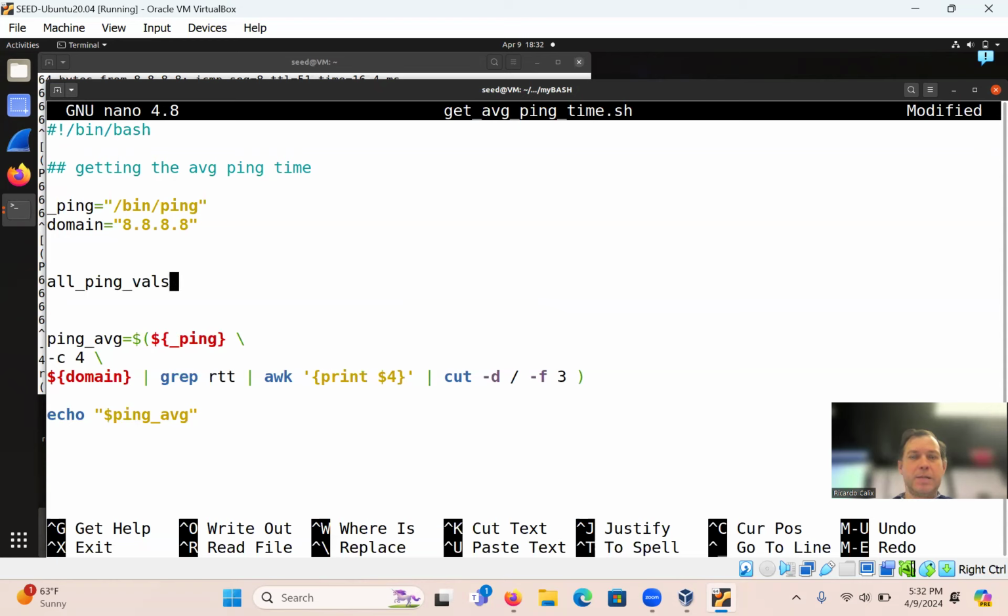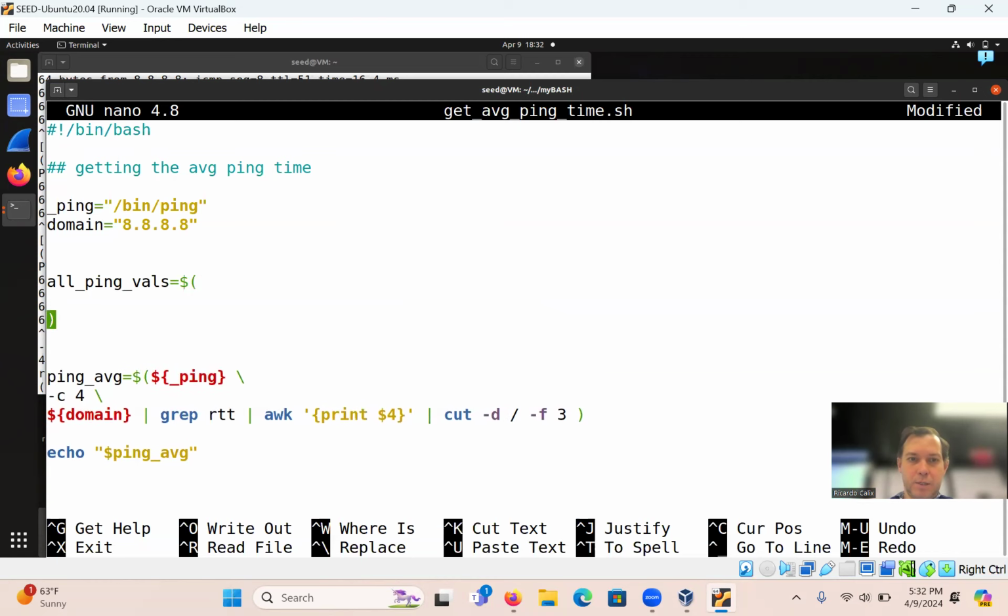It'll be very similar, but at least we can see, and that way we'll know for sure. So equal $, this one, move that down. Same thing, $, curly ping,